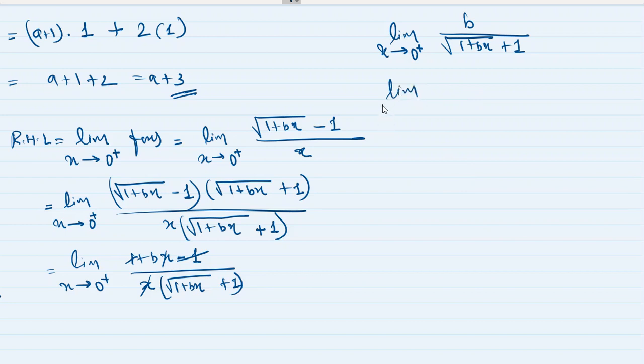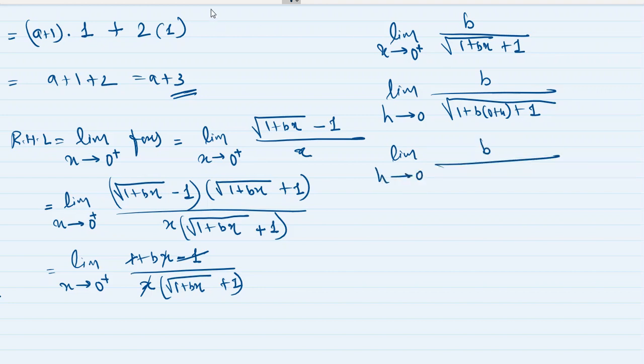So limit when h tends to 0 becomes b upon under root of, in the place of x I'm going to write 0 plus h, so 1 plus b bracket 0 plus h plus 1. So limit when h tends to 0 b upon, just a moment, okay, so this will become 1 plus bh,